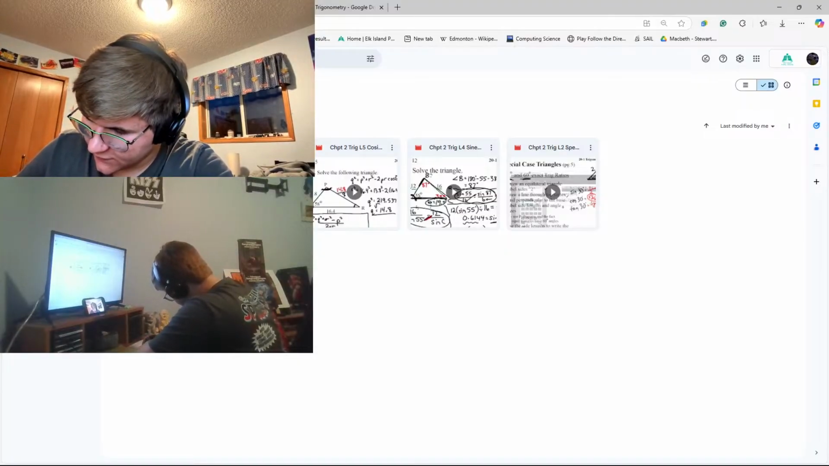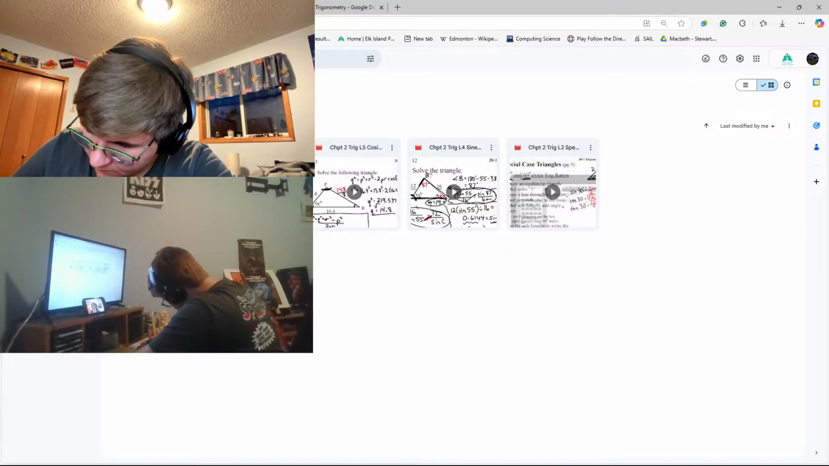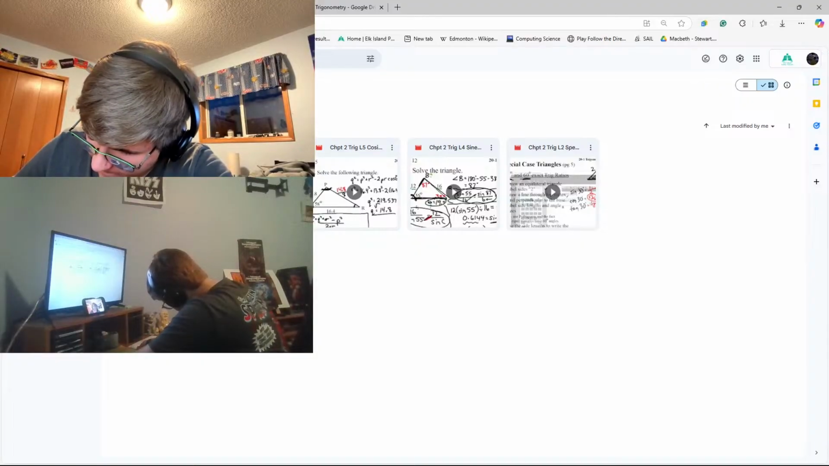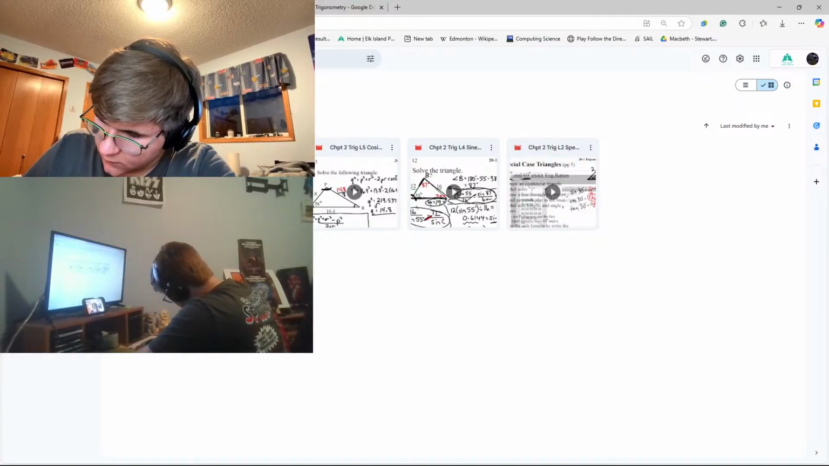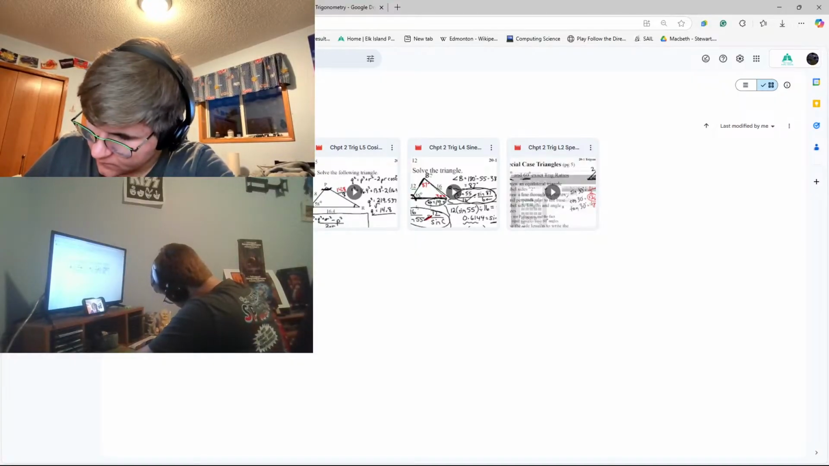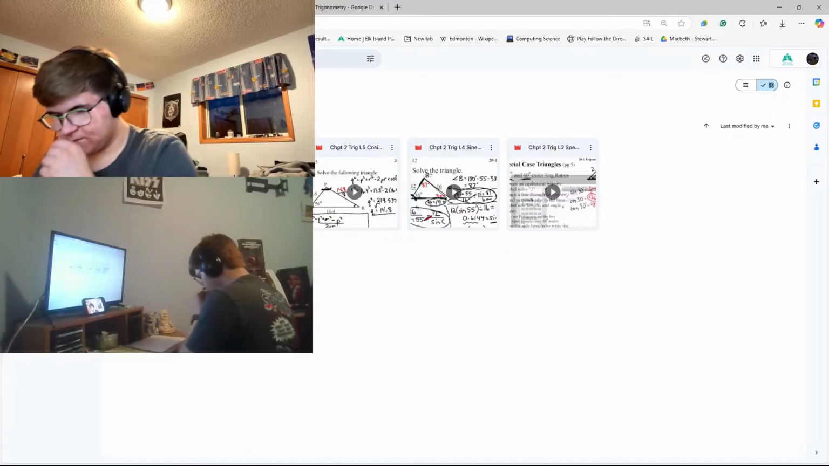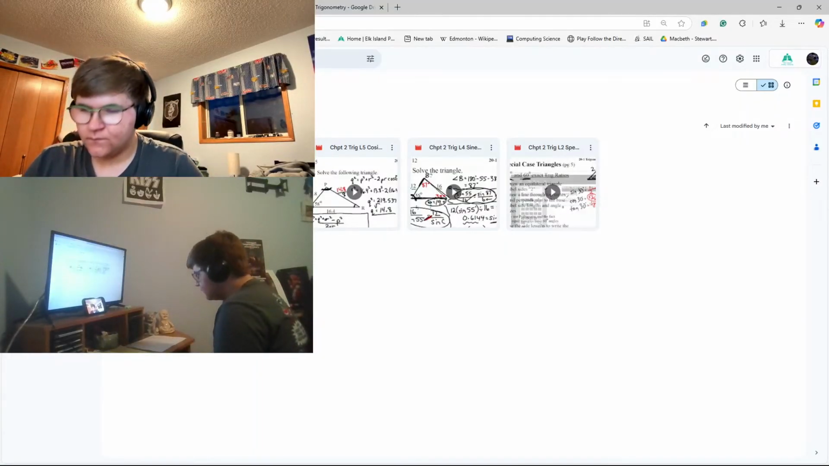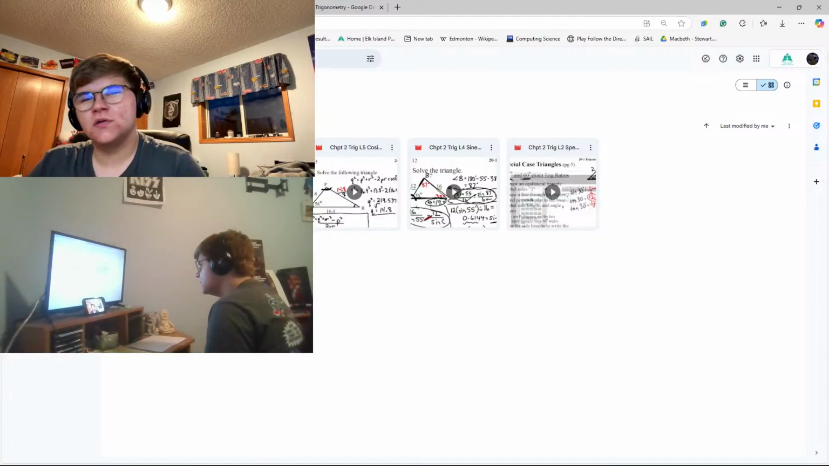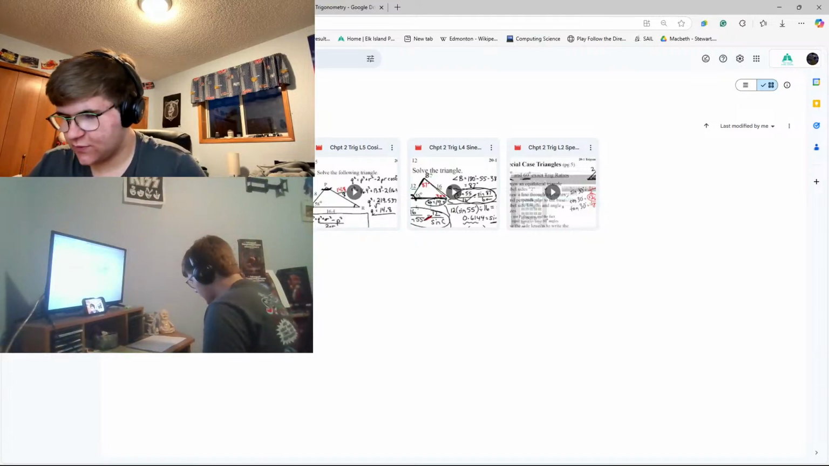For the next one, it's a square. And we have a line through it. Each side is worth 1. The diagonal is 1 root 2, I think it is. 1 root 2. I think that sounds about right. So